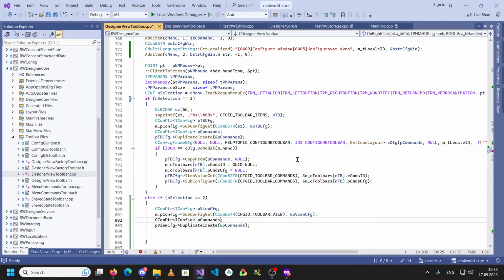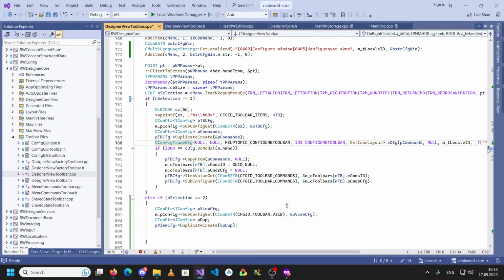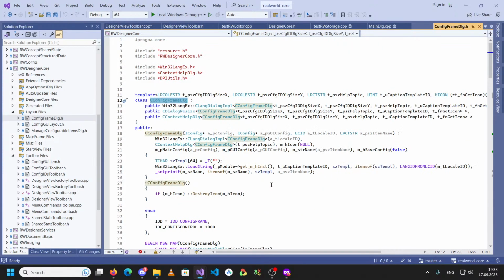We probably want to duplicate that as we are doing here. We should not call it commands, let's call it duplicated view config frame dialog. If I remembered what this does. Can we reuse this or no? So